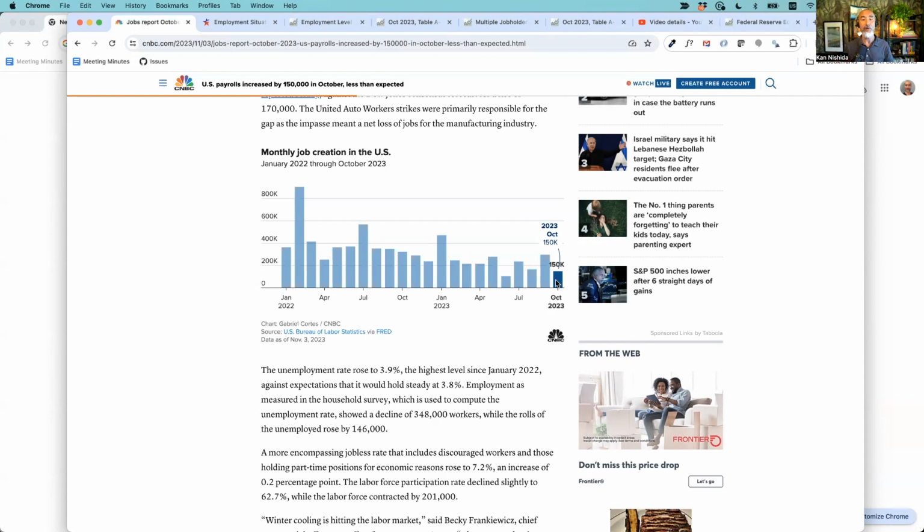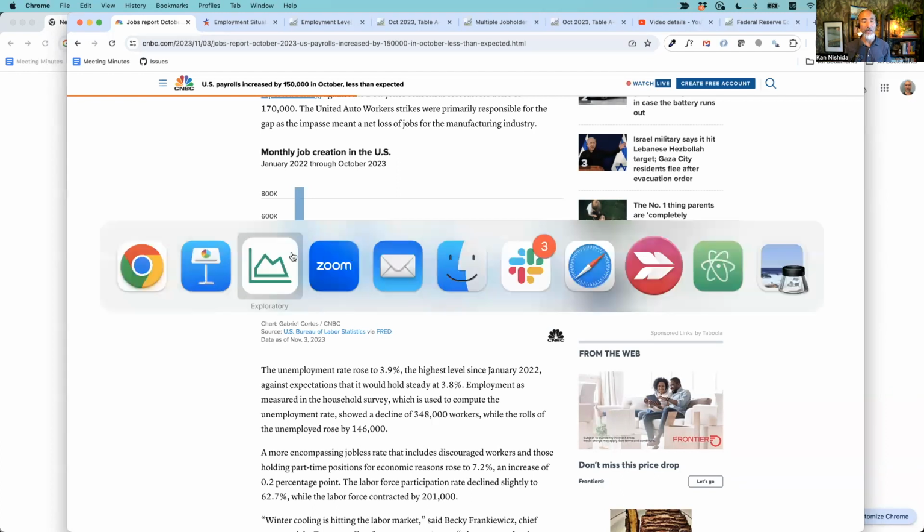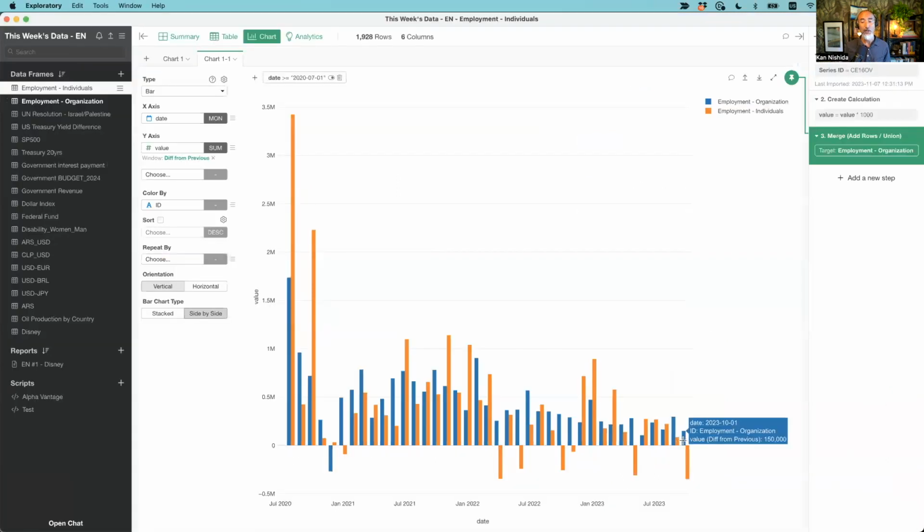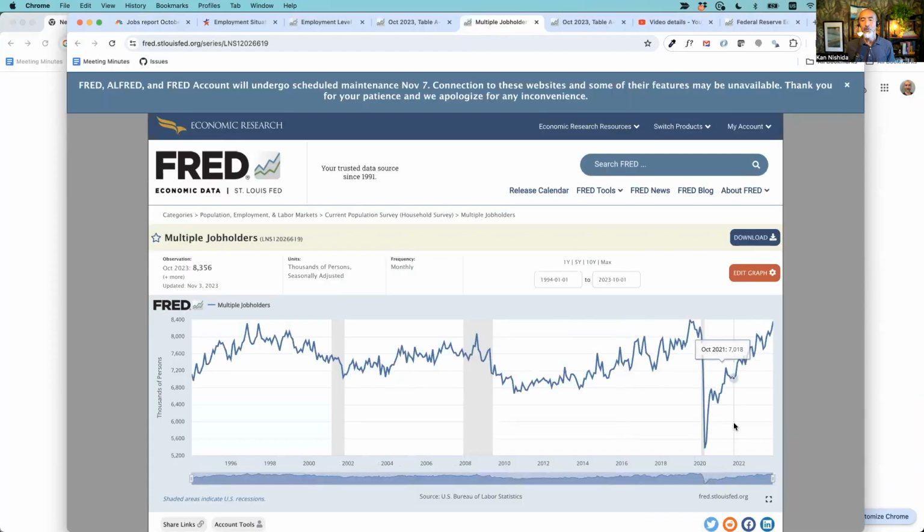That's the number being accumulated here. So that kind of situation is not showing up at the establishment survey, this blue bar, but showing up on the orange.